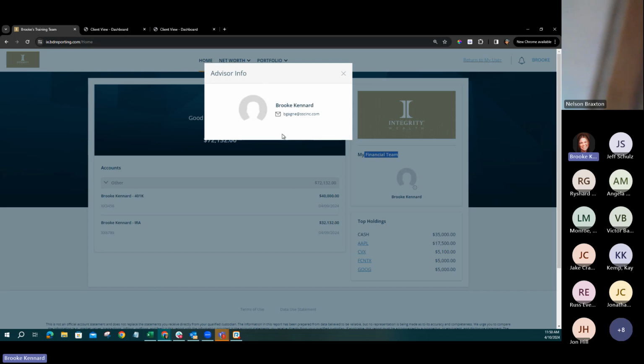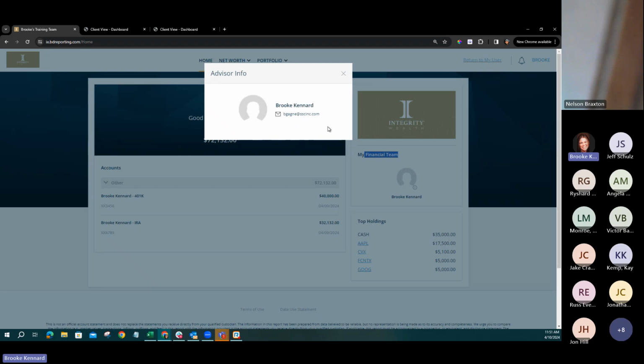As far as the advisor info, you can give yourself a title. We can add titles to your user in the platform. So maybe you don't want to just be called advisor. Maybe you have an official title that has certain credentials in it that you want to have shown. Those can all be added as part of your user. So if I'm a CPA and I have other degrees and other tags or denominations that I want to add there, I can. I have my email address, your phone number can be shown, and then the last piece here